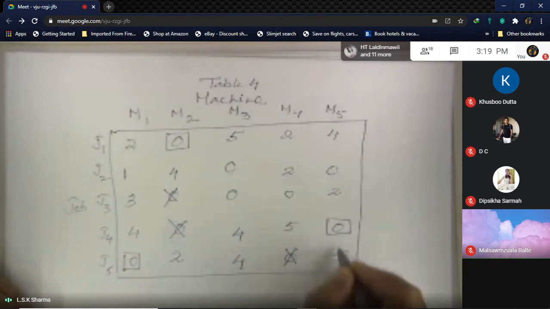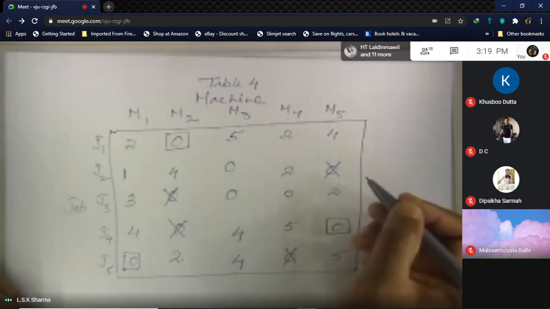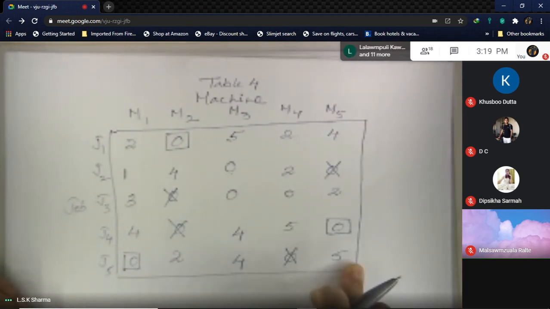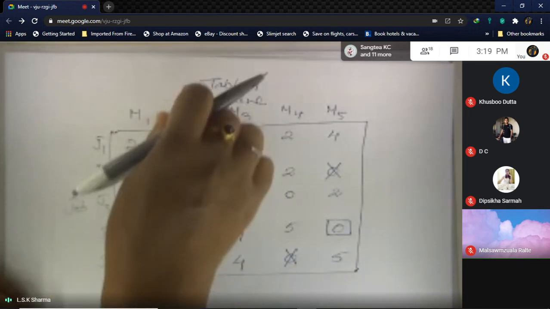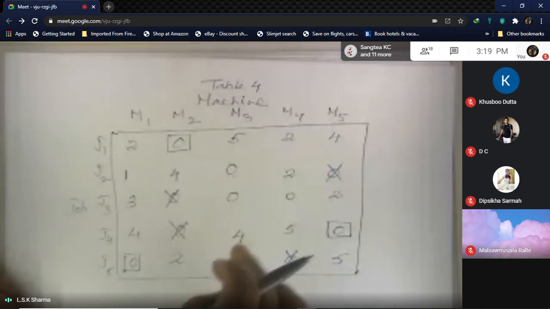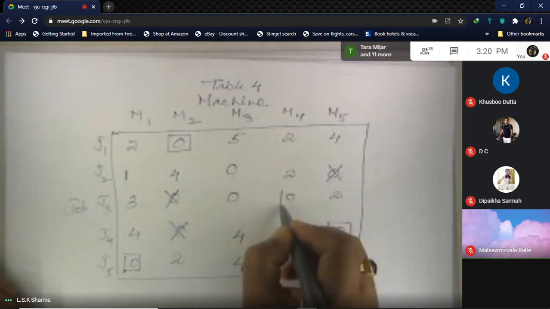Then in that particular column, do I have a single 0? Yes, so let us cancel that out also. Okay. Then J5, again nothing is there. Now again column wise, first one all assigned, second one all assigned. The third one, there are still 2 zeros I cannot assign yet. The fourth one, there is only 1 0 left, so I can assign this.